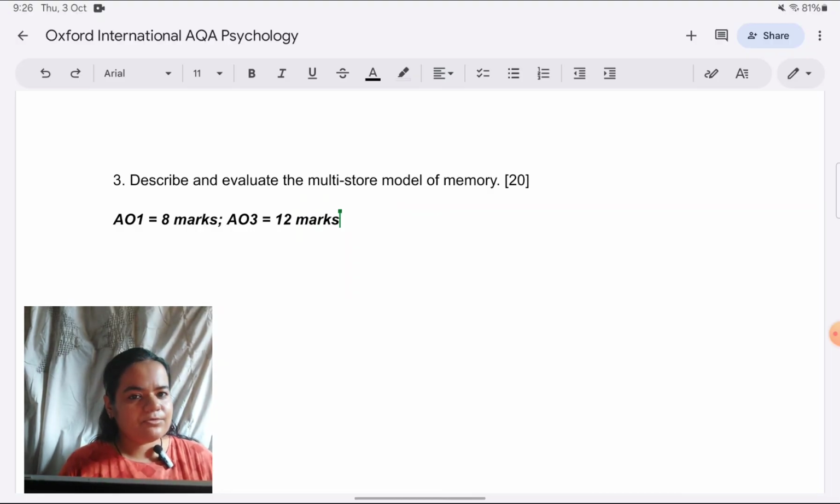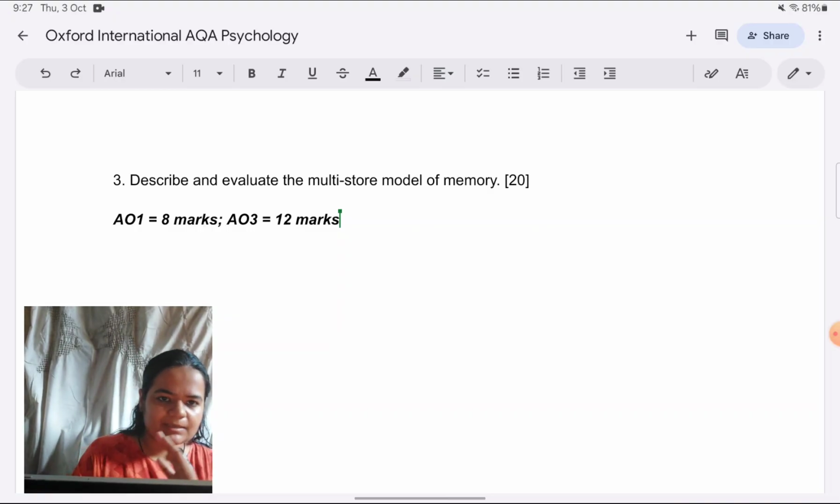I will try to upload a video, and let me know if you want that, in which I will explain with the help of the mark scheme how to meet the top mark band requirement, like how to make sure your answer comes in the full 20 marks requirement, how you can structure your answer to make sure all those requirements of the mark scheme are covered in your answer. So I will make a video on that. As of now, I just want to continue the way I'm explaining the previous answers. So for that, there's no hard and fast rule.